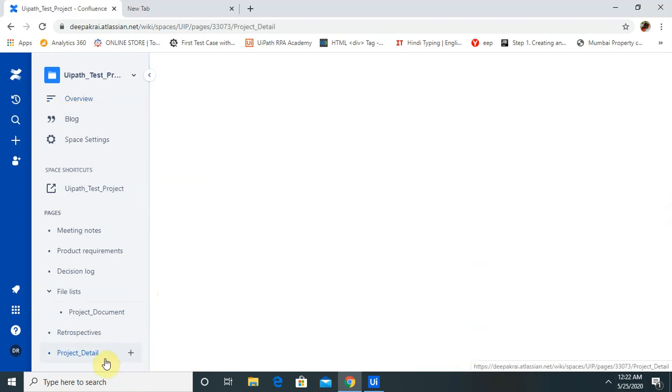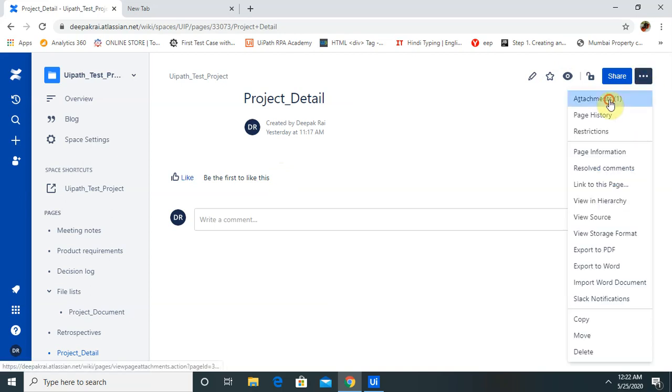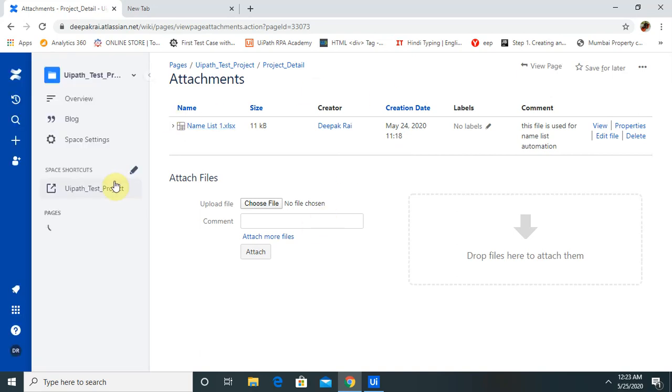As you can see, I have already created the project detail, and already added one attachment here. Now you can see the attachment is available here.